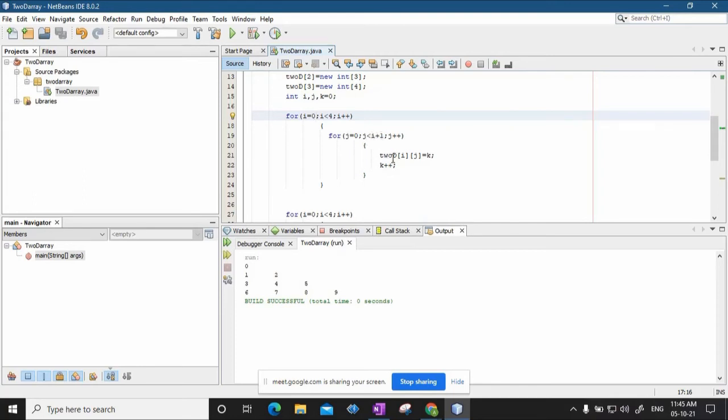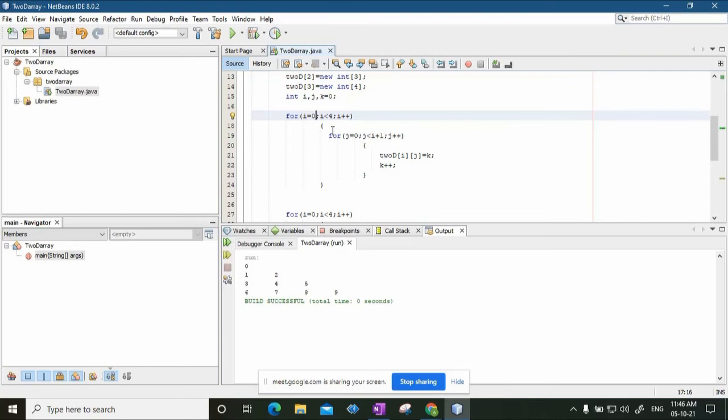So it comes here, and this k, which is 0, will be added at the 0 comma 0 location. Then k will be incremented by 1, so k becomes 1, and now j is incremented by 1. So k is now 1, j is now 1, but i is still 0. Then it comes here and checks, is j, that is 1, less than 0 plus 1?